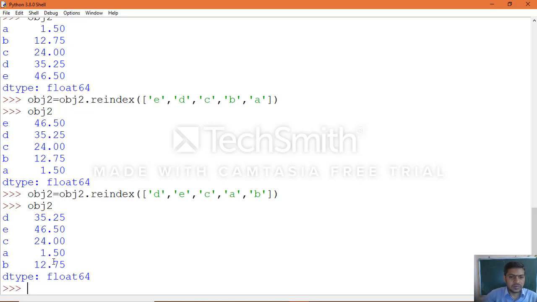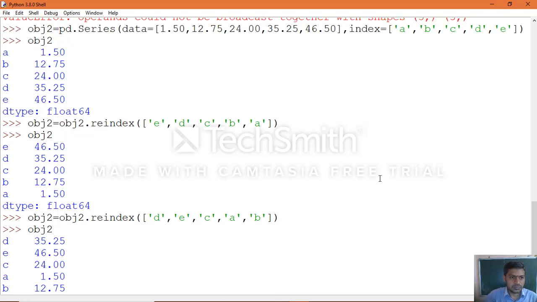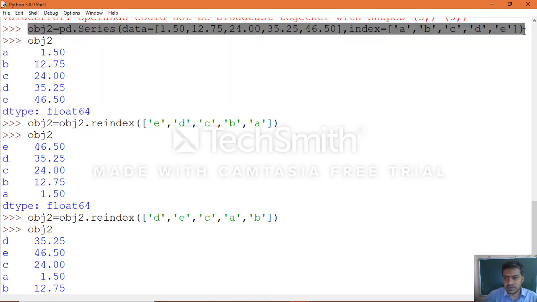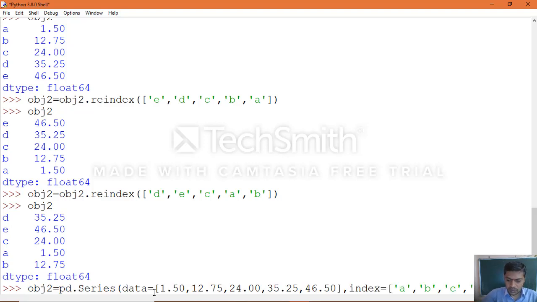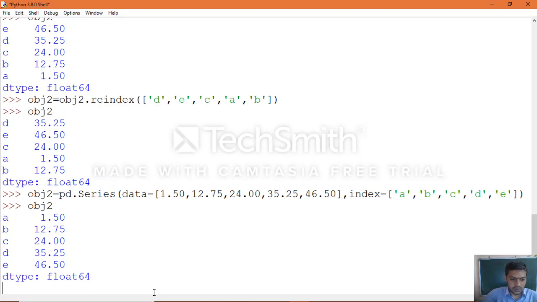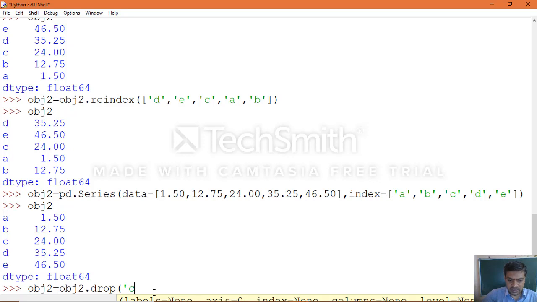So we make use of that same object data, the same data, to understand with an example. Print the object, yes. Now apply the dropping. We know the drop command: obj2 equal to obj2.drop of the index name you want to drop.